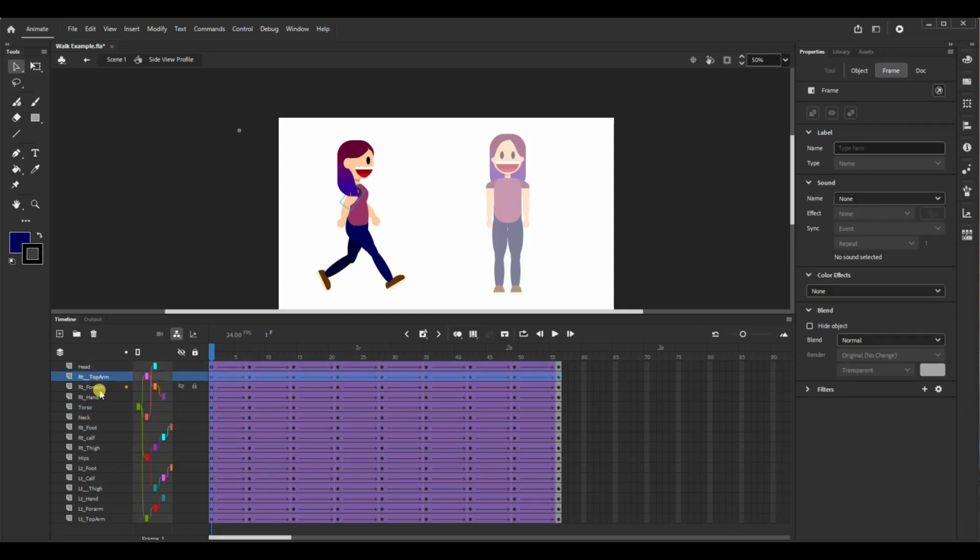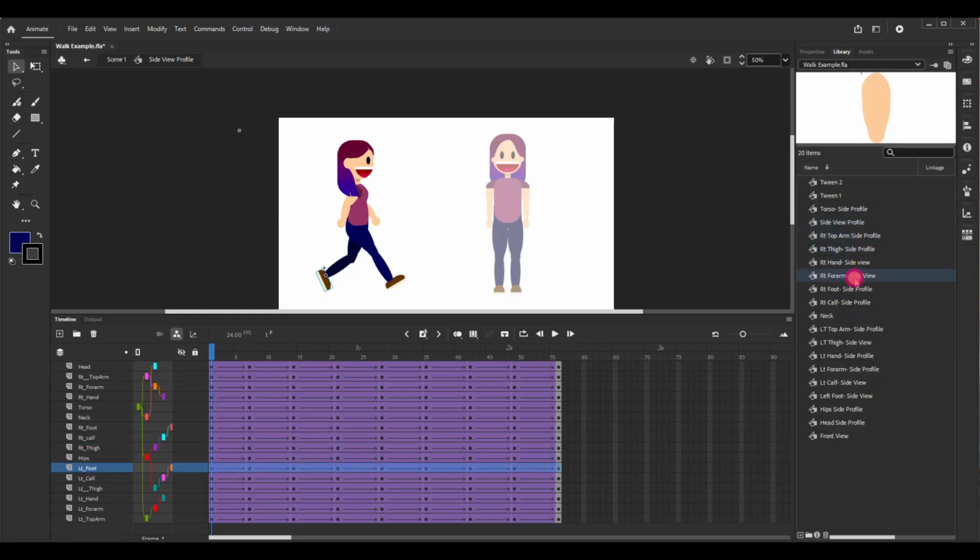Each layer holds a different body part. We've already gone over this. You need to make sure every single body part has been turned into a symbol. Then you go over here and you can see each individual body part that I've created for this animation. Last thing for preparation before we do the parenting and child is you need to make sure your anchor